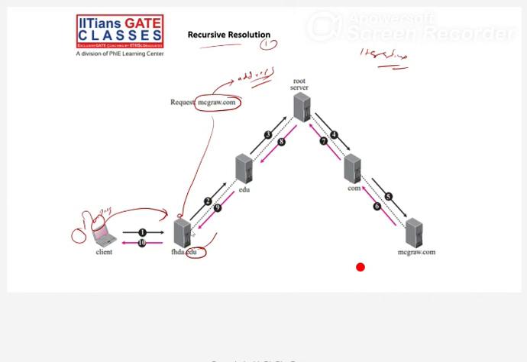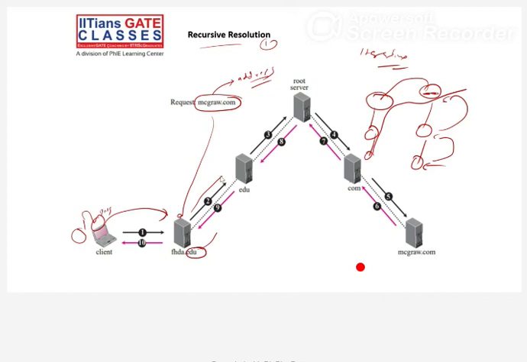In the generic domain at root level, you have aero for airlines and aerospace, biz, .com, coop, edu, gov, info, int, mil, museum, name, net, org, and all these things. You can study it from Wikipedia if you want, but I don't think you need to spend so much time on DNS. Just basic information is fine, right? So the domain structure is hierarchical in this way. If you see, this is the final domain name, and from there the IP is obtained. This IP will be sent back to reach that particular client.